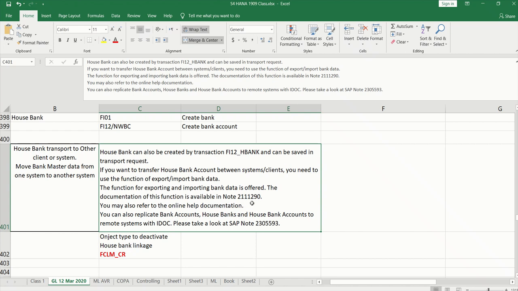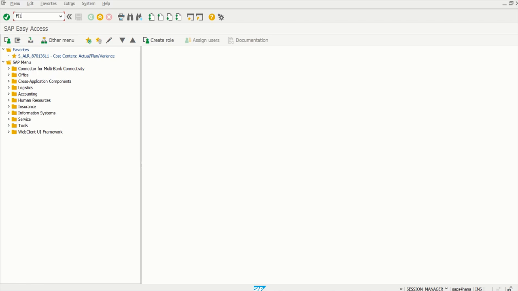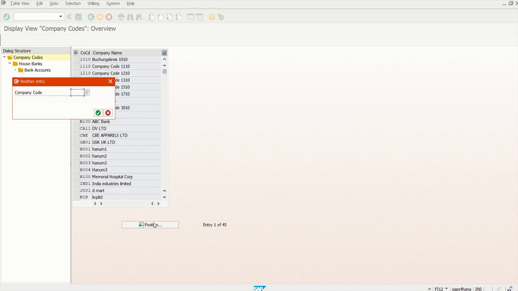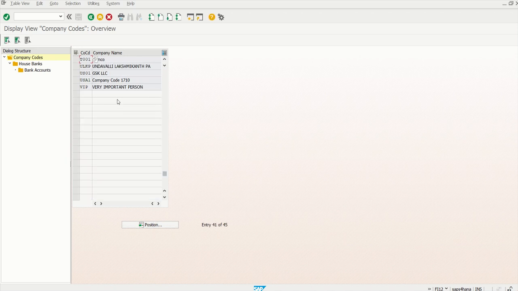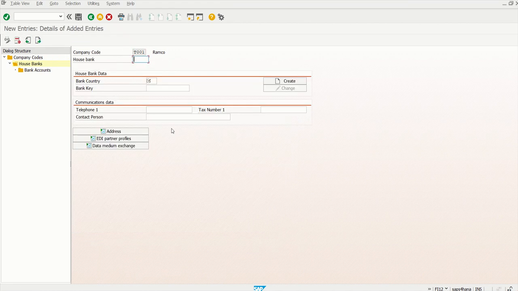Now let us go to the SAP S/4HANA system and create the house bank master data. I'm going to use the FI12 transaction code, go to position, give the company code, select the company code, click on house banks, new entries. SBI01, IN, SBI 900.